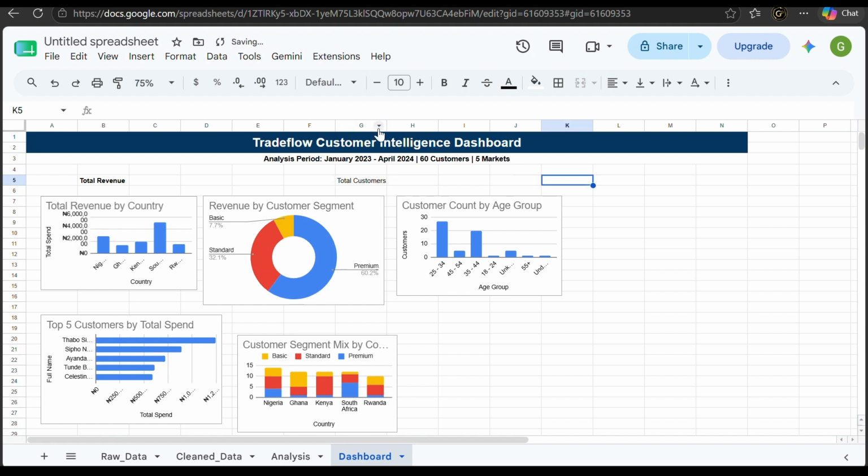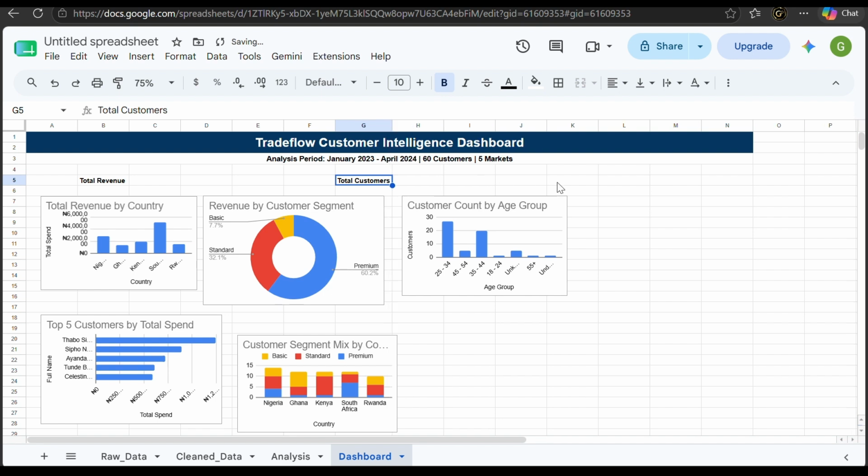Okay, and I'll make this bold also. And then let's say the average customer value. That would be much longer, so let's just merge these two cells together. All right, so average customer